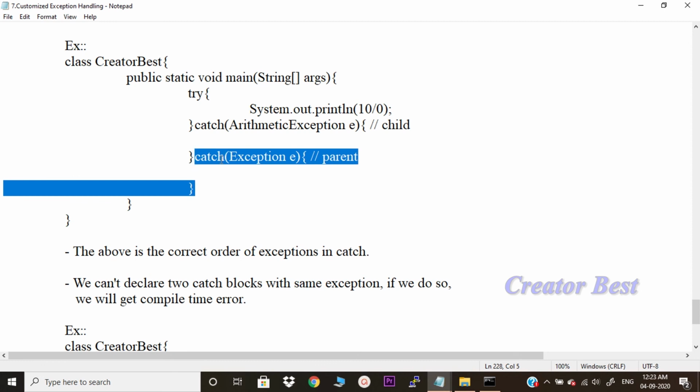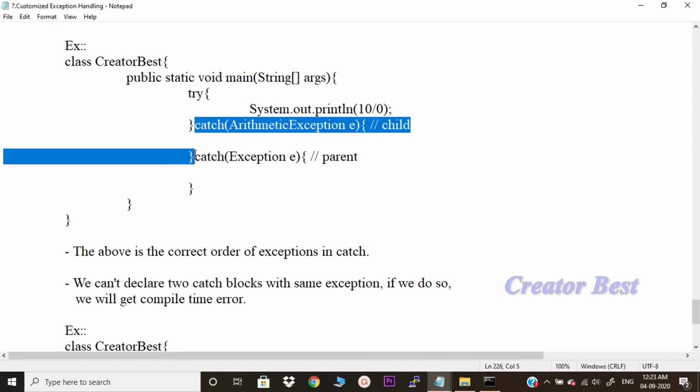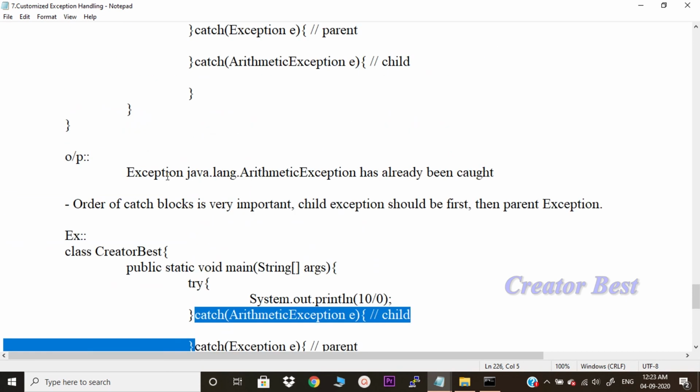This order is very important. Parent exception class should be last, child exception class should be first, then we don't get any error. If we reverse the order, we will get this error: exception java.lang.ArithmeticException has already been caught. We will be getting an error like this. Okay.